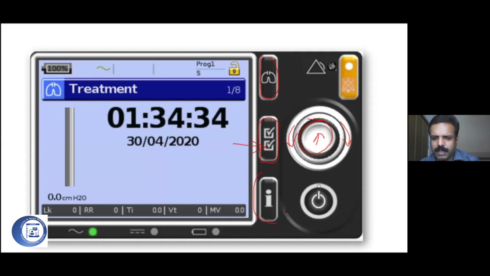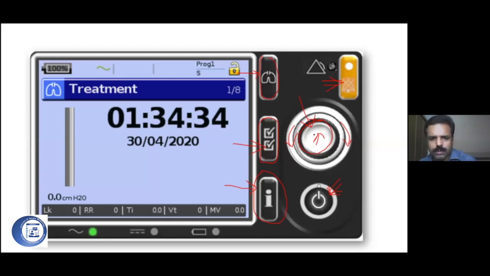This is the alarm incidence. Whichever time the patient had alarms, you can look at this. This is basically for looking at the monitors. Different pages of monitors are there, so however many times you press that, you can see them. This is for pausing the alarm. This is the dialer, and this is the on-off switch. Initially to start the machine, you can switch that. The same way, to put the patient on standby, you can press this dialer button, then give a confirmation.